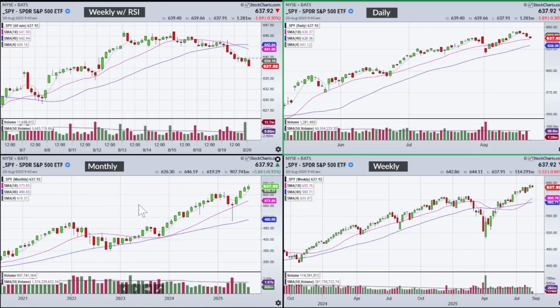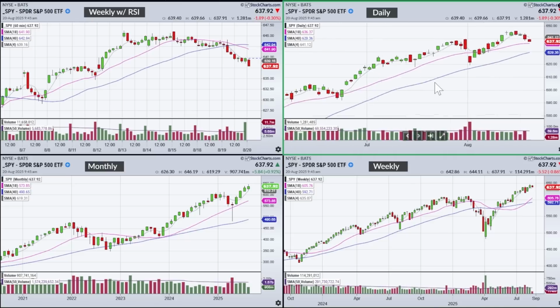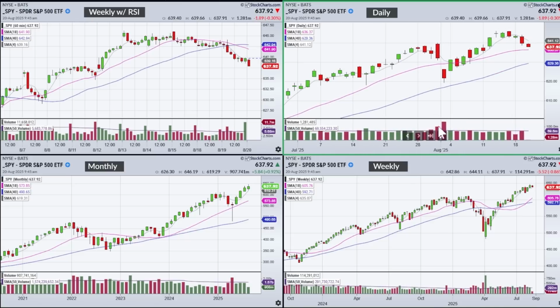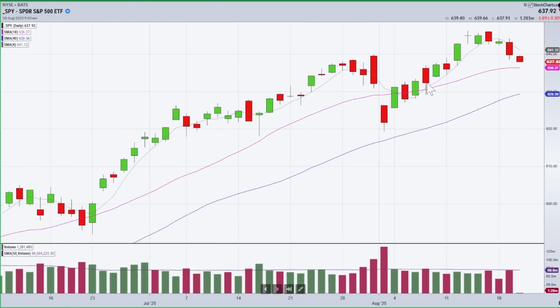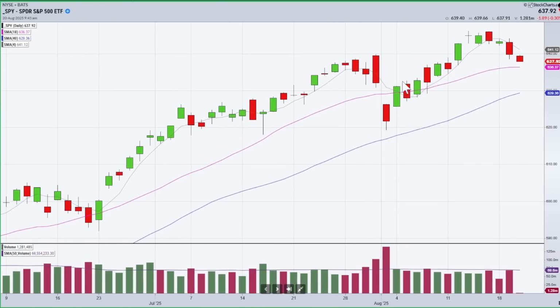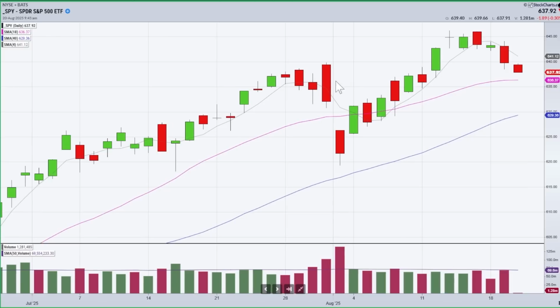Okay, so I'm looking at the SPY in 4 time frames. I've got the monthly in the bottom left, weekly bottom right, daily in the upper right, and then the hourly in the upper left. And now what I want to show, and of course, if you're using a 4MA, I'm going to give you at least the rules that I live by. When I'm looking to trade intraday, I will use the 4 on a daily chart and watch the bars,